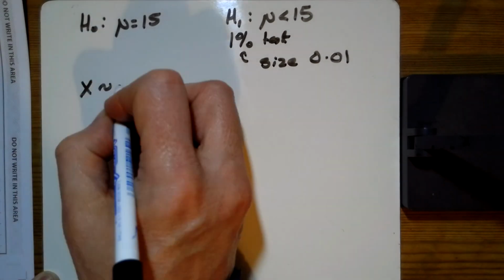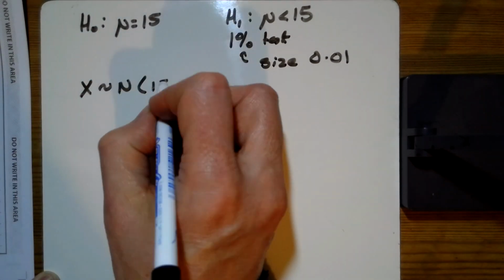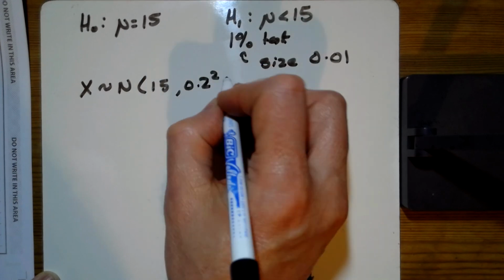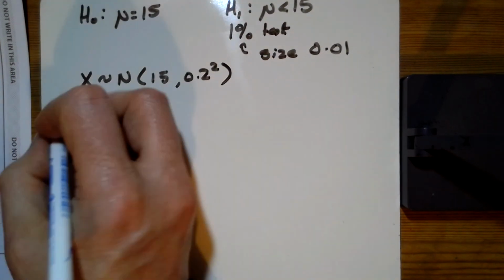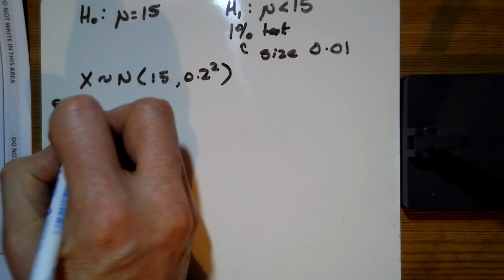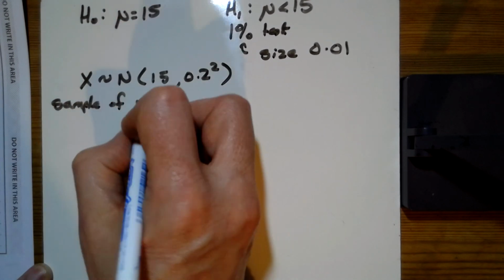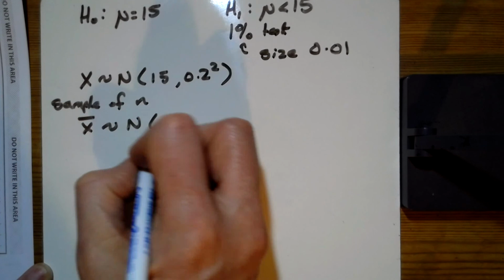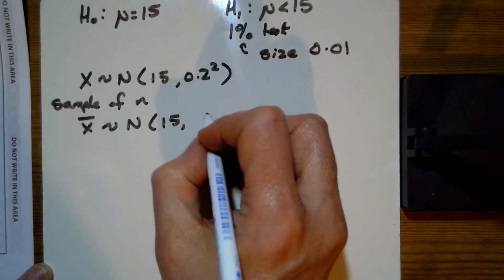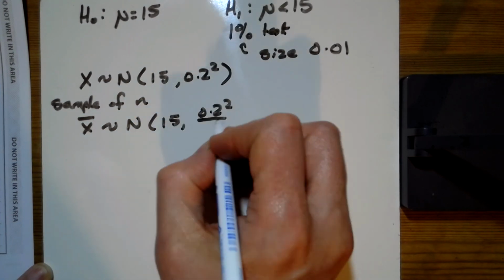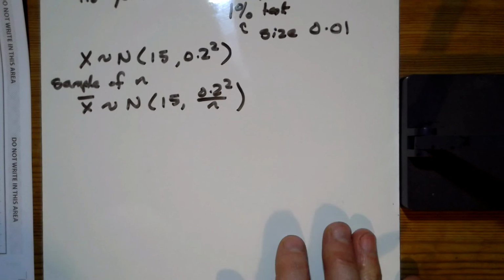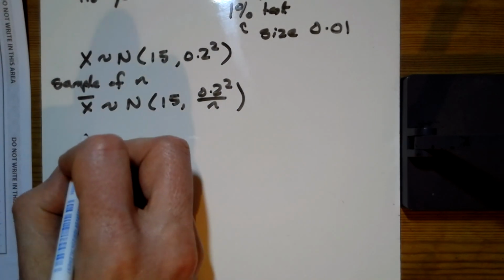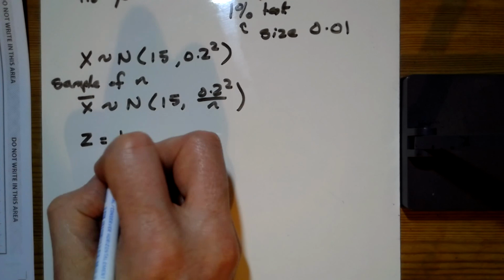Now, X is normally distributed. We've got a mean of 15 and a standard deviation of 0.2, so a variance of 0.2 squared. We're going to do a sample of n of them. And so the mean of my samples are normally distributed, mean of 15, and a variance that's n times smaller. Now, if we standardize this, that means that Z, which is equal to 15,